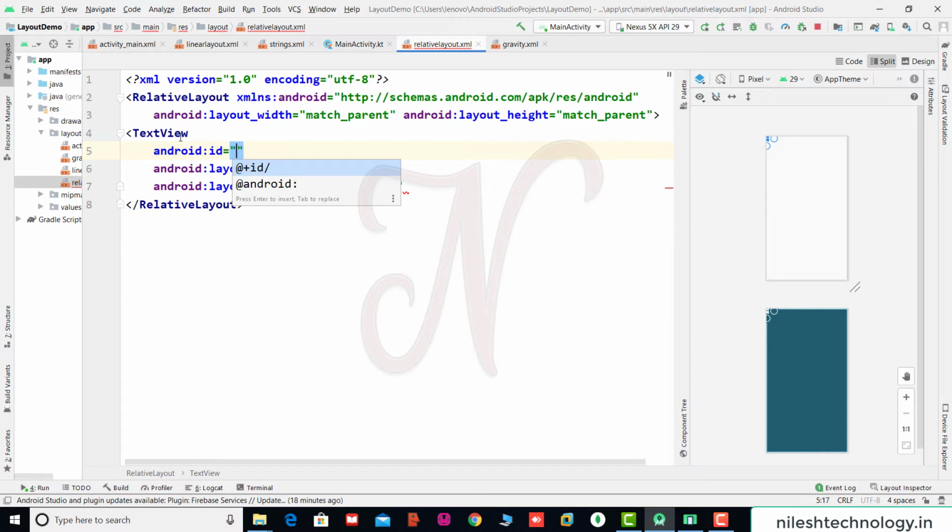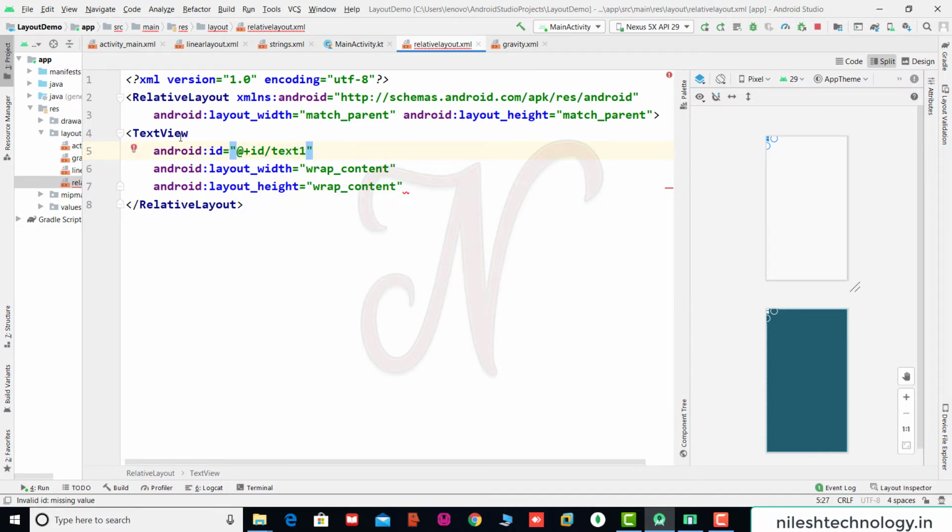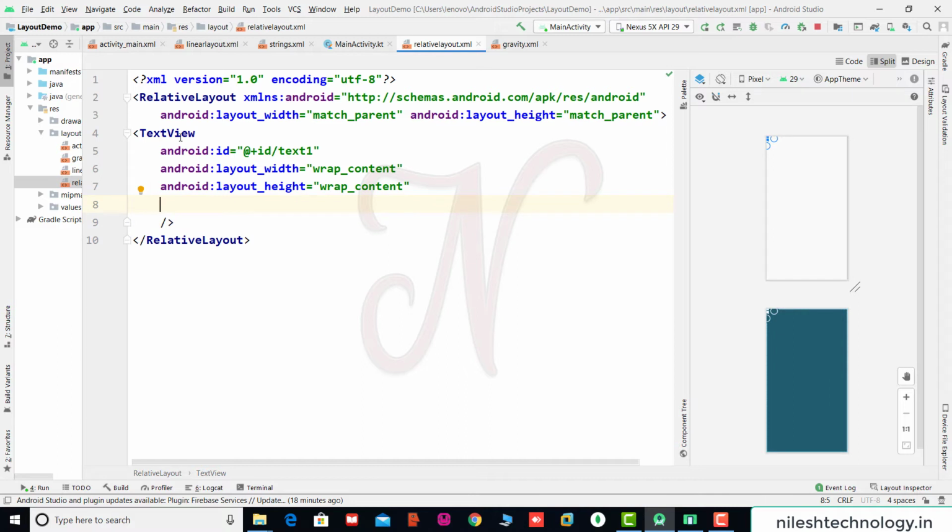Here we create a new ID, so we use @+id/ and the TextView name, text1. This is the width and height. Here we close this section and add more attributes.